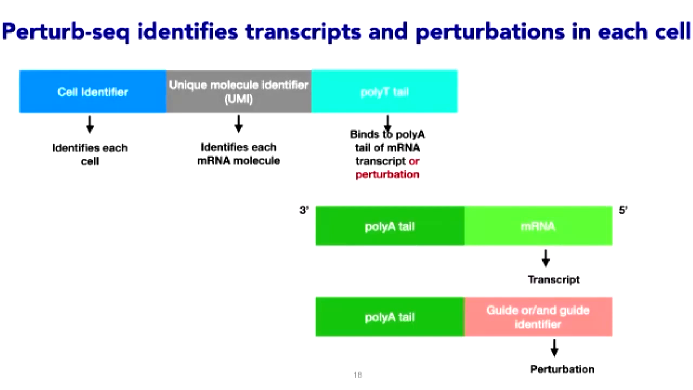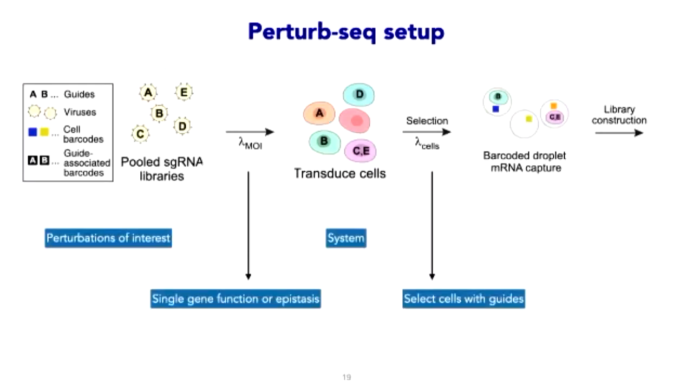And with these two identifiers, we can identify both the cell and what perturbation is in each cell. So back to our Perturb-seq setup, we start with our CRISPR library, which has the perturbations of interest. Then we transfect the cells. Here, the term MOI stands for multiplicity of infection, which allows us to tune, on average, how many guides we